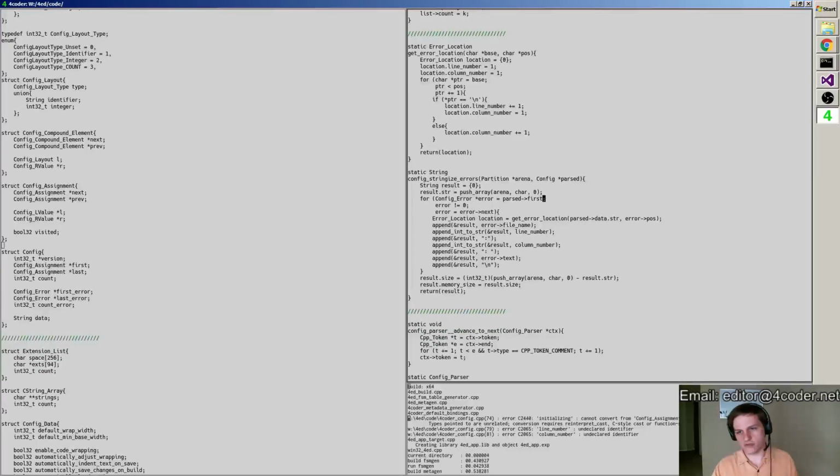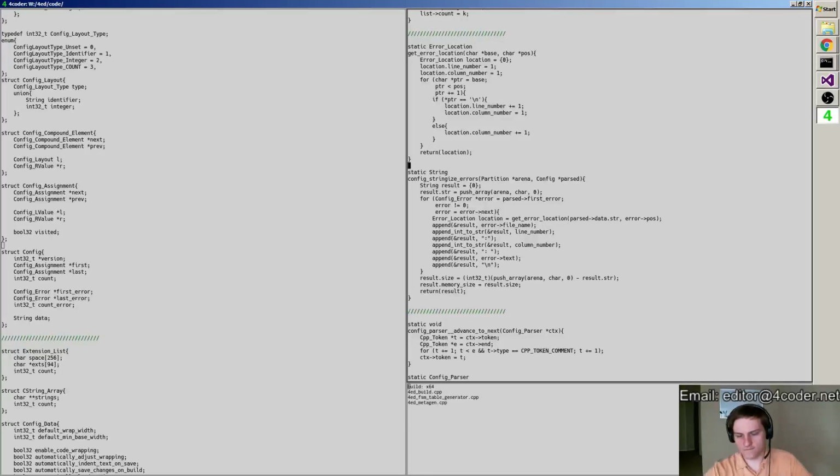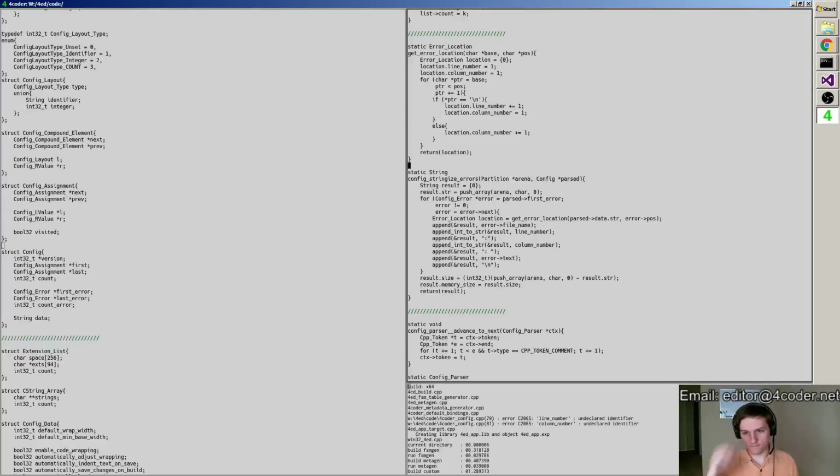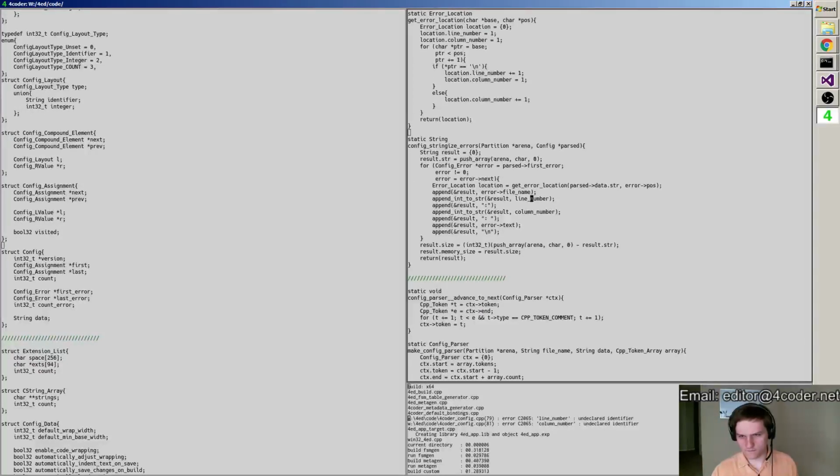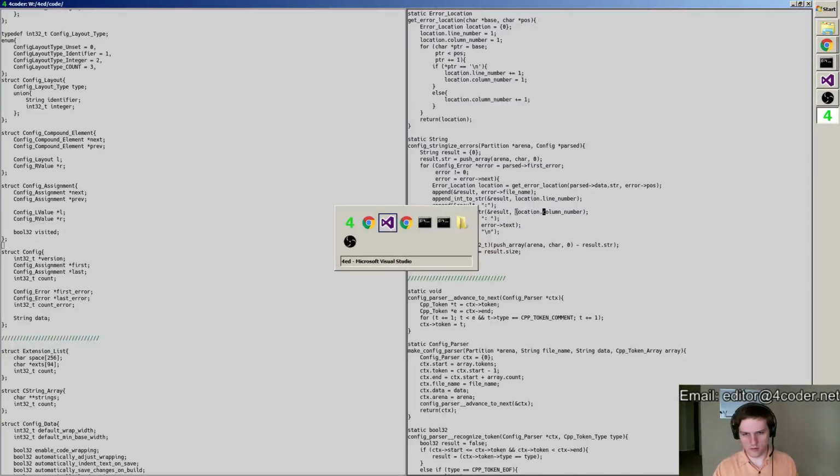Oop. First error, please. Location dot line number, column number. There we go.